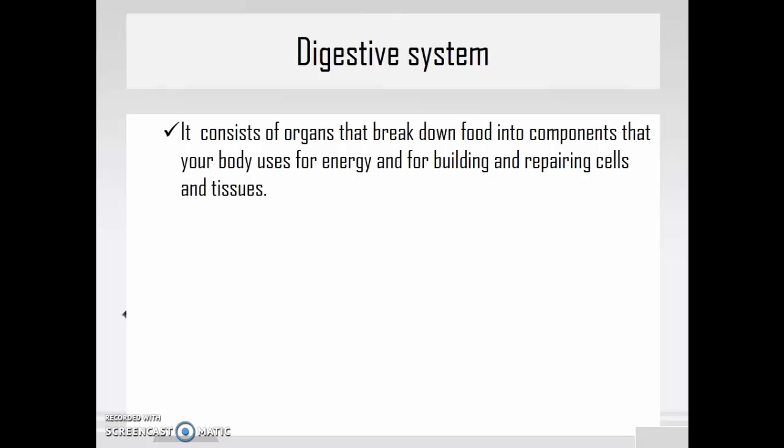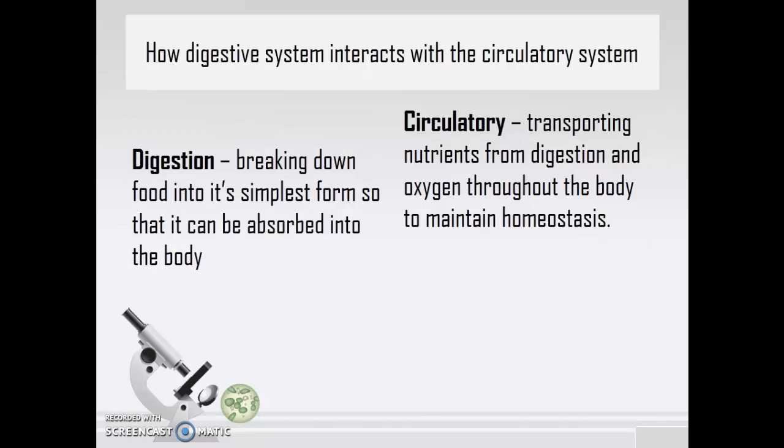If you can recall, we have studied the function of the digestive system earlier. What is that? It consists of organs that break down food into components that your body uses for energy and for building and repairing cells and tissues, right? The food which we eat is in complex form, so the organs of the digestive system break it down into simpler food so that cells can absorb nutrients from that. So the first thing we are going to do is how the digestive system interacts with the